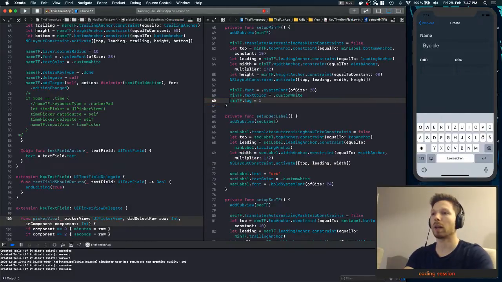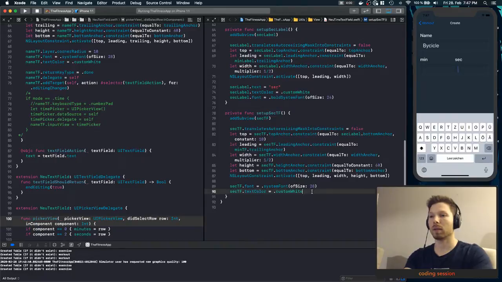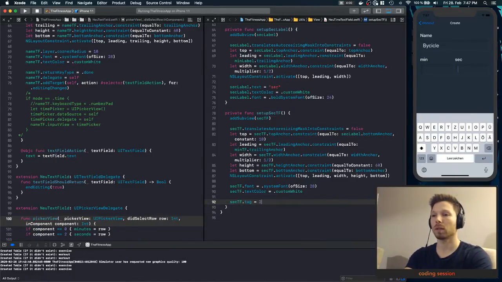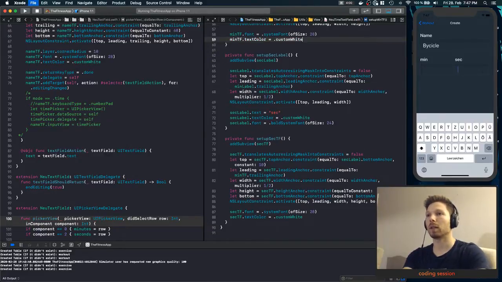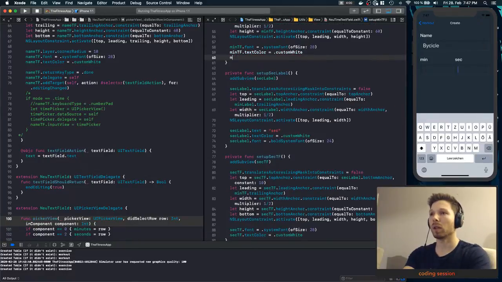So we could give it a tag so we know this is minute and this is second. So we can identify it. Let's see if we will need it. I don't know yet. Giving it an ID